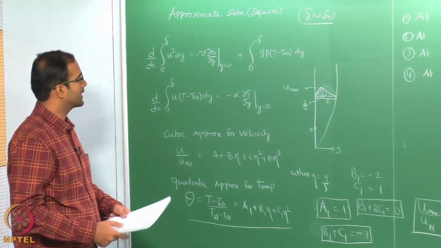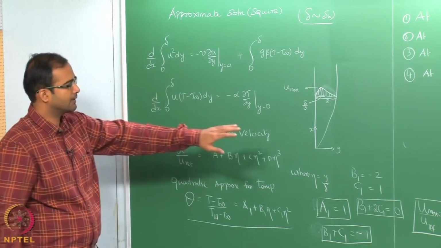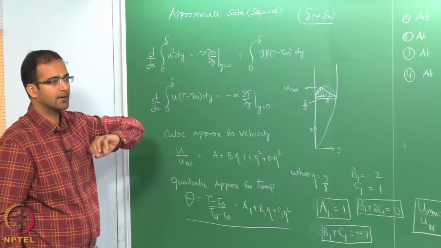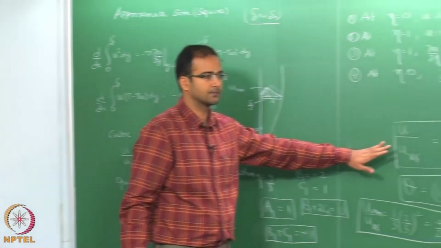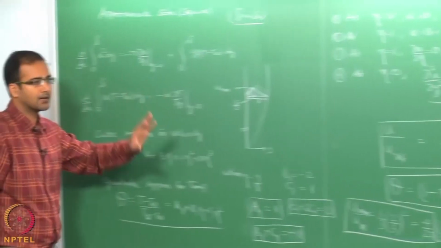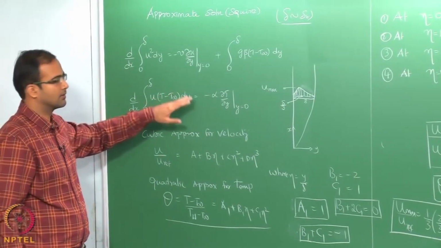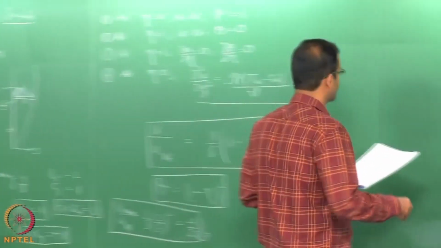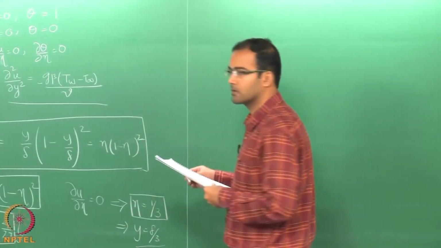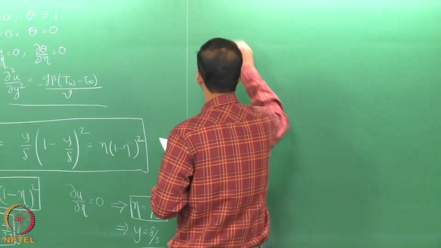You can directly substitute it, you have only delta, the only boundary layer thickness, but what you do not know is also your u reference. The exact magnitude of u reference is also not known. So if you simply substitute and integrate with respect to y,